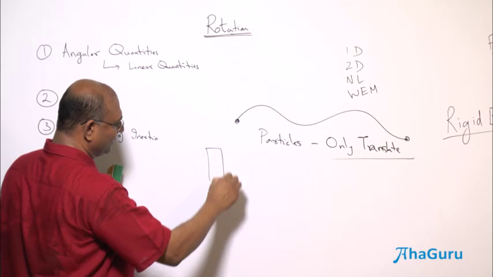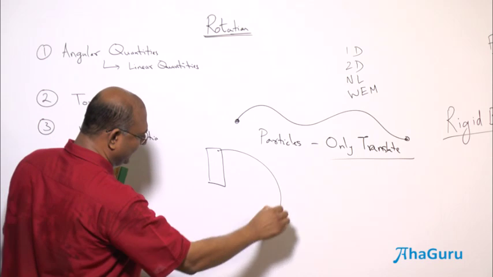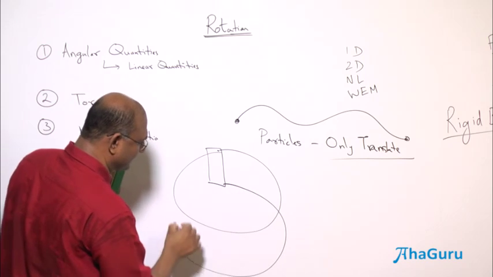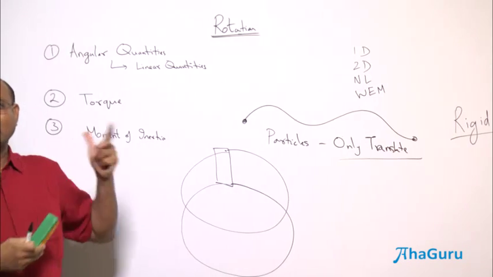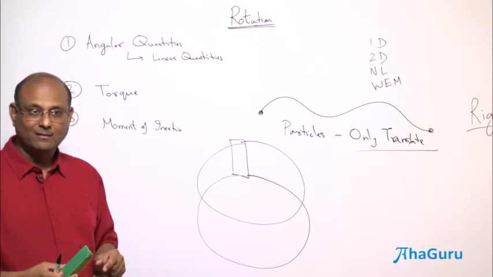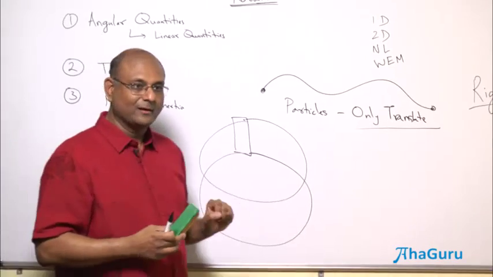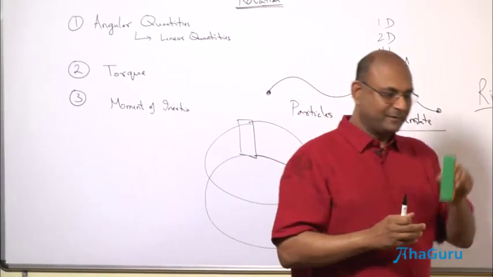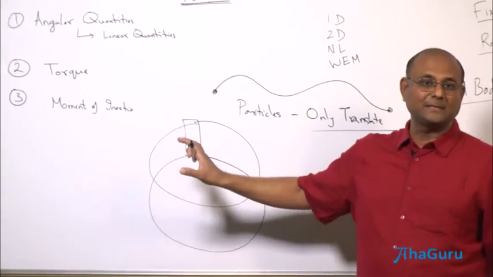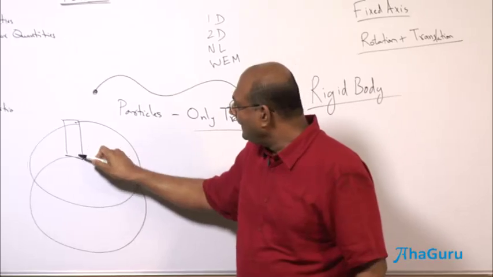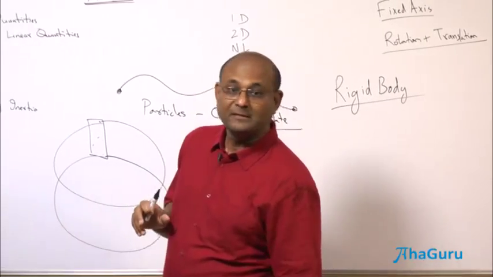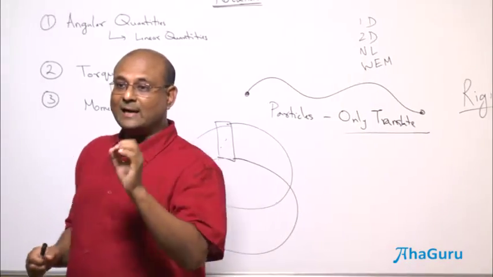Because this guy went in a circle like that, and this fellow goes in a circle like this. The circles are equal, the displacements are equal, they are not parallel. Okay, they are crisscrossing. The paths are not parallel. If they are straight, of course the paths will be parallel. It need not be parallel, but the displacements are equal. This is translation. Every point on the body moves the exact same way, which means I can talk about the